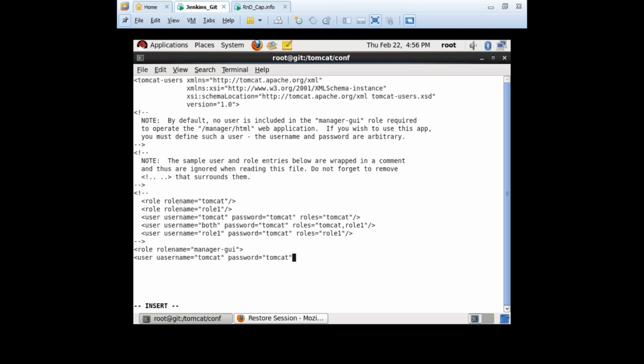And then roles: I want to assign the manager-gui role. This is the role which we are assigning now, the manager-gui role. Like this, we have one more role as well, which is deploy. Yeah, deploy user, I guess, or deployer.